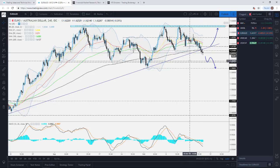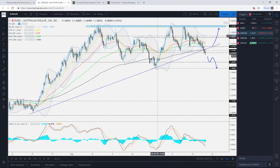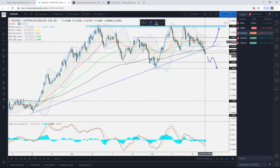Also, just to point out something from the short-term picture here, you can see that in a way this pair formed a double top formation here. So we've got one peak here around the 5th of October, and the other one is around the 10th of October. So as you can see, it's not an ideal formation, of course, but nevertheless, at the moment,